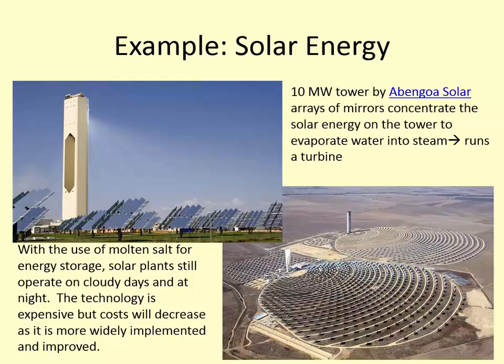Another method that they use is, instead of having water in the tower and using it to power a steam turbine directly, they will have salt, which melts at a very high temperature, and it also remains in a melted state. It has a very large thermal storage capacity. So it takes a long time to melt it, but it also takes a long time for it to cool off. So it's a way of storing energy. So they put all this energy into the salt, they melt the salt, and then at night, when the sun is not shining, as that salt is cooling, they can remove some of the heat from that and use that to power their processes. So there's different ways of looking at this,